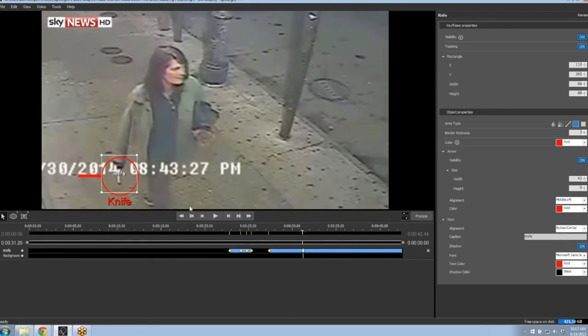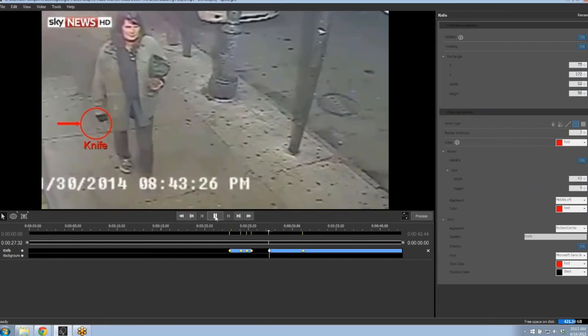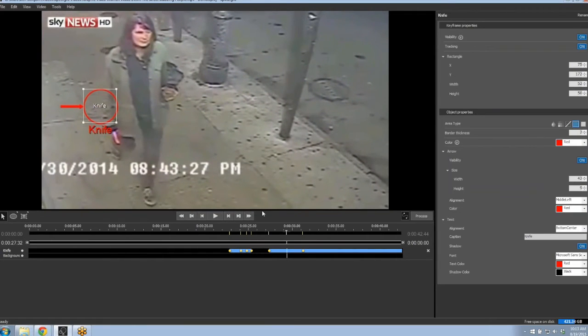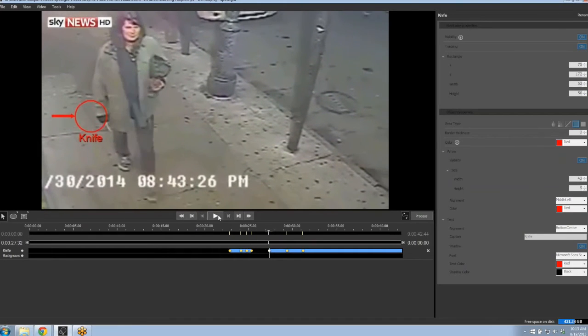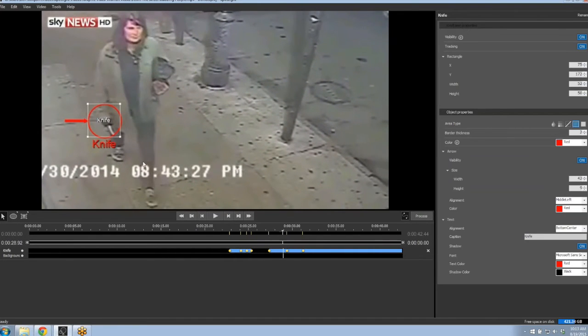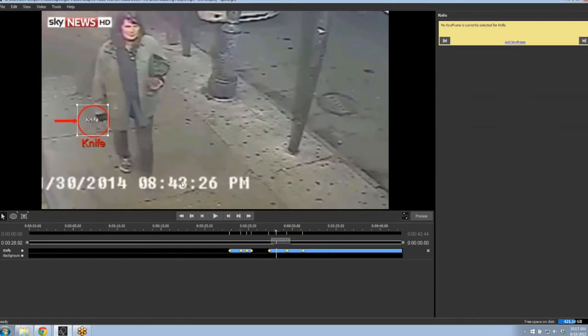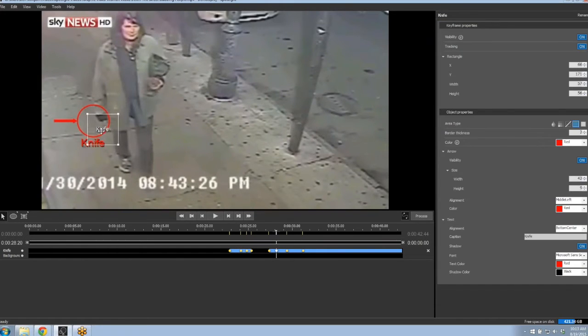She begins to go out of frame. We'll go back to our previous keyframe. And you can see it kind of jumps around a little bit, so we're just going to manually adjust this. Add a keyframe here. You notice it already adds. We'll go back to the previous keyframe. And you can see it jumps around a little bit again, so we'll go back to where it jumps around. Go back to our previous keyframe. We'll just tweak this as